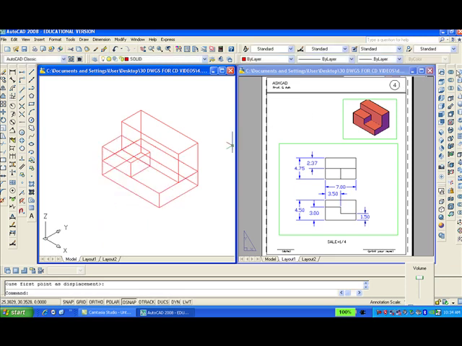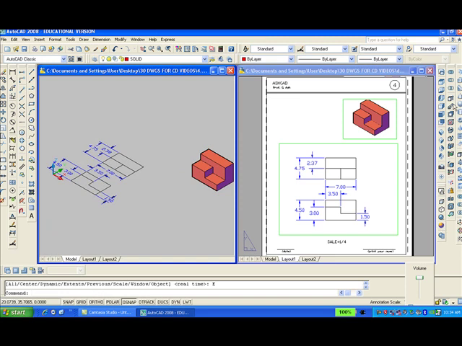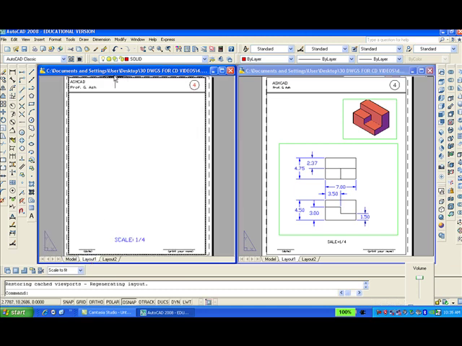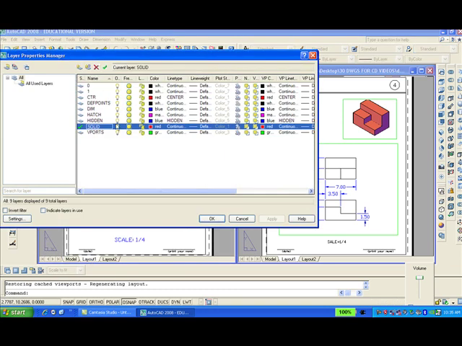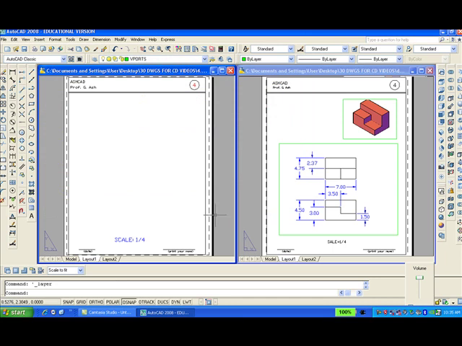I'm going to go to union. I'll make a window, add them all together, enter, and let's see what it looks like. It's okay. I'll Z, enter, E, enter, switch to top view. Now I want to get the drawing ready for printing, so I'll go into layout, go to layer, make viewport layer current, type MV, enter,